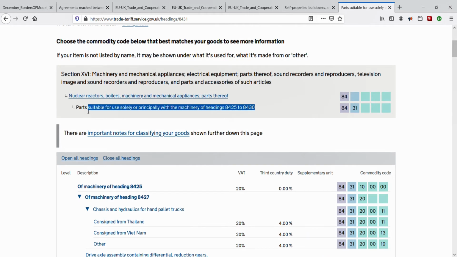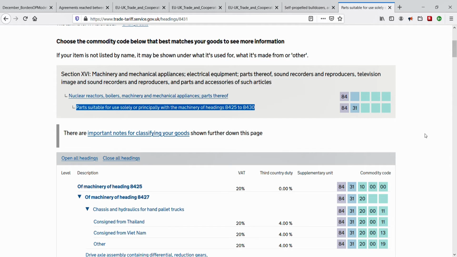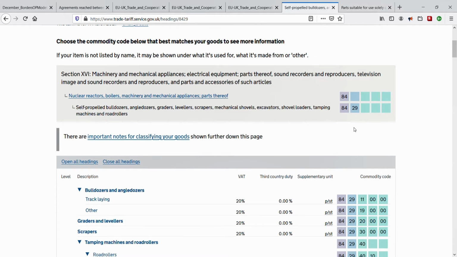Fab. So, basically, and to reiterate, if we want to claim preferential tariffs, we need to prove our dozer as originating. And in this case, according to the CTH rule of origin we are following, we can use as many non-originating parts as we like in our manufacture process of these dozers, as long as those parts are not retrieved from here, 8431, or from here, 8429.